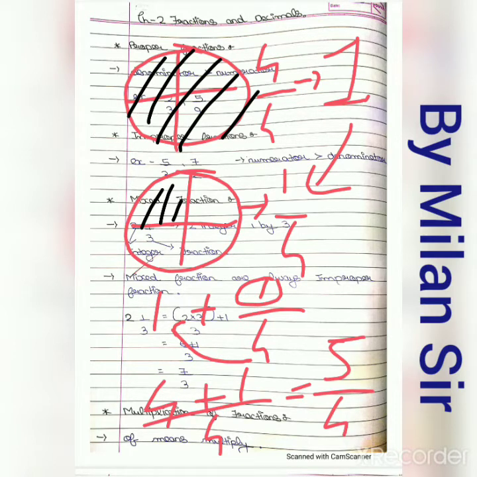What we do here, we take just the LCM, so just a cross multiplication process here. Here there is no denominator, then we can write 1, right? Then this 4 is multiplied with this one. So 4 ones are 4. This one is multiplied with this one. It's a 1. And in the denominator, the multiplication of this 1 and 4 is 4. So the final answer is 4 plus 1, 5 by 4.